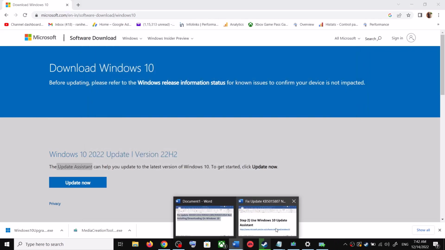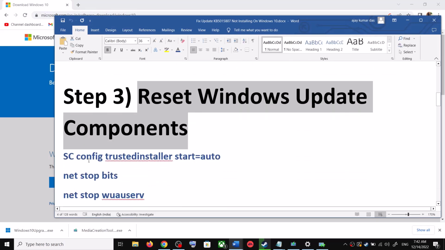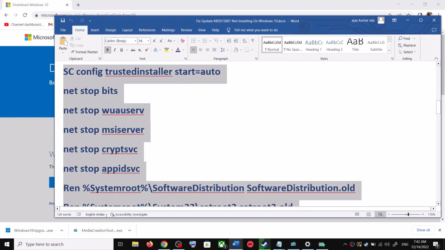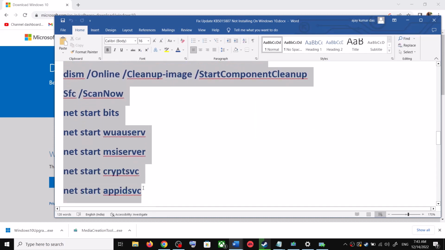Still you are unable to update. In that case, you can reset Windows Update components. For this, copy all these commands. These commands are provided in the video description. So copy the command till here